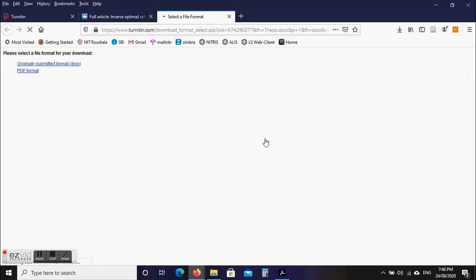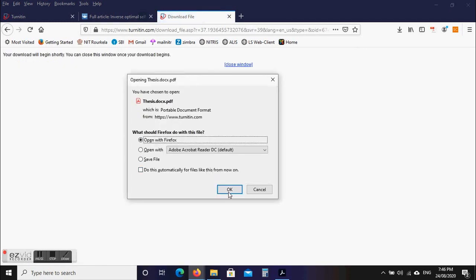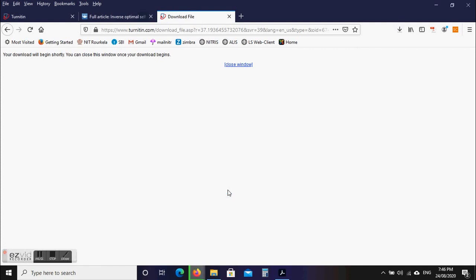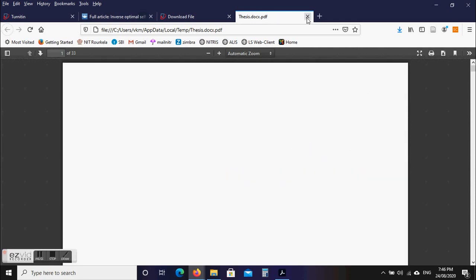Once you click here, it will indicate you to download the original. So you can download this one and see what resource has already been deposited, uploaded on Turnitin, and is matching with your contents.